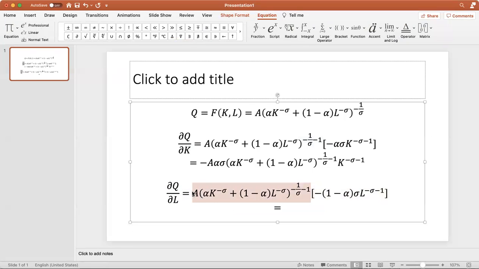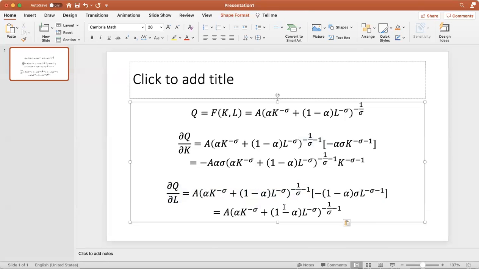So you have, just copy this entire expression, A, or rather negative A, (1 minus alpha) sigma. And then you are left with L here, so you have L raised to negative sigma minus 1. So don't be rattled with all of these Greek letters, because